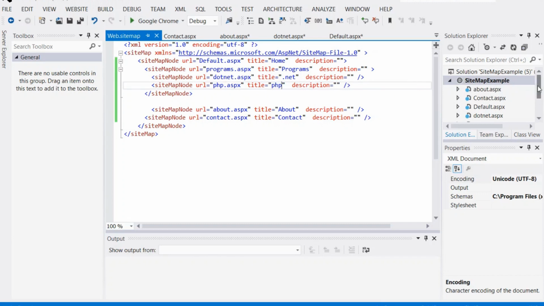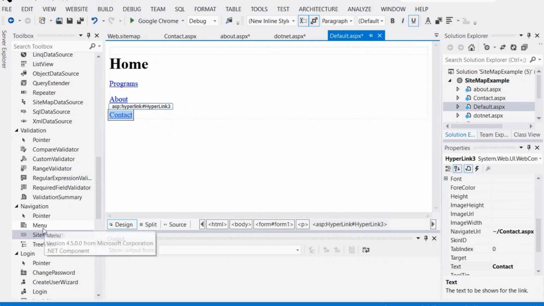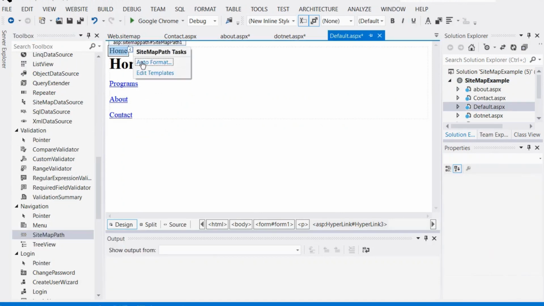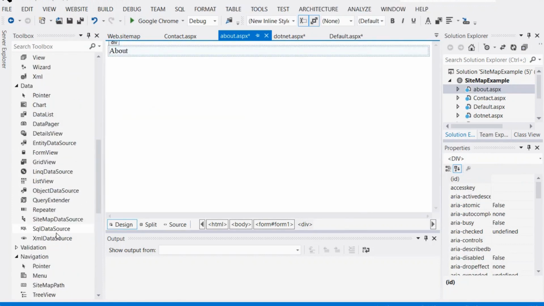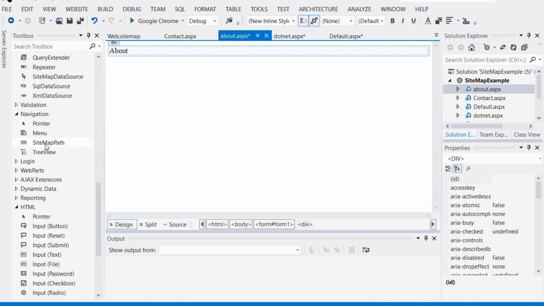So we have saved the web.sitemap file. Now we have to only drag and drop sitemap path control in every page.